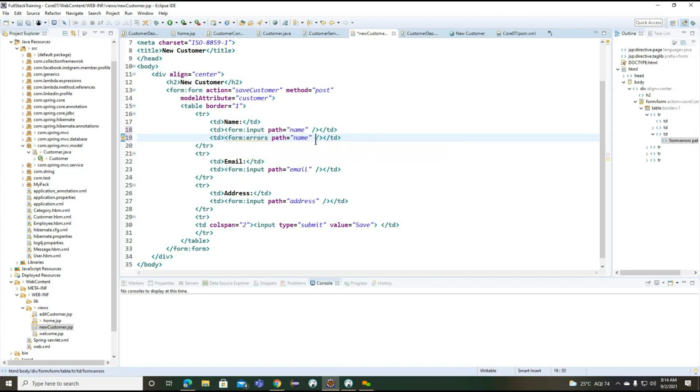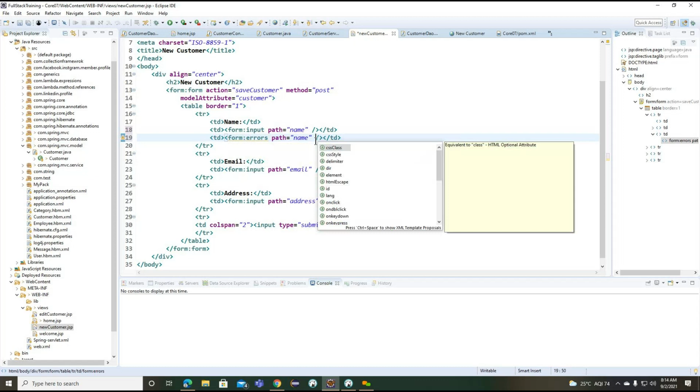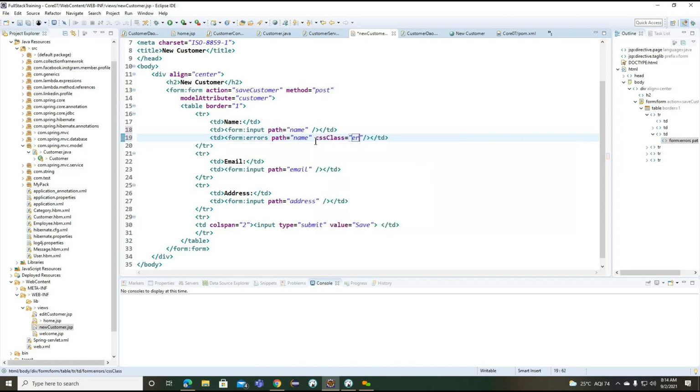So let's see. CSS class also we can go for the error.